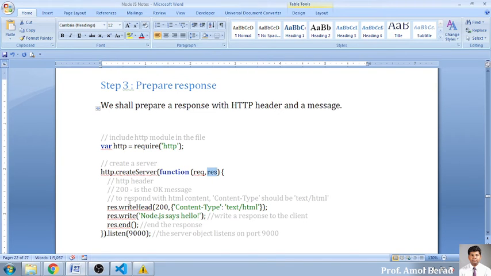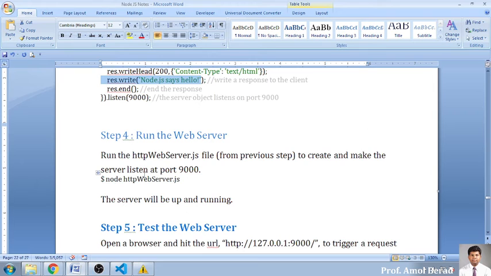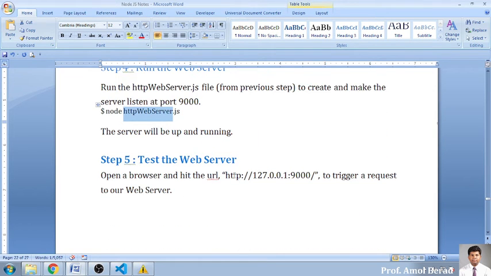So this is the step where we have created an object of write head and write. So write head will be treating the content in the text and HTML format, and write will be exactly the content which is displayed on the screen. Fourth step is nothing but you are running it on a port number by calling this file, that is how to run this file on your node and how to execute it on your browser.